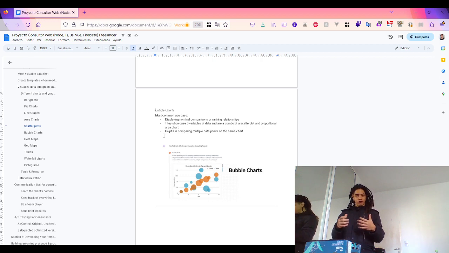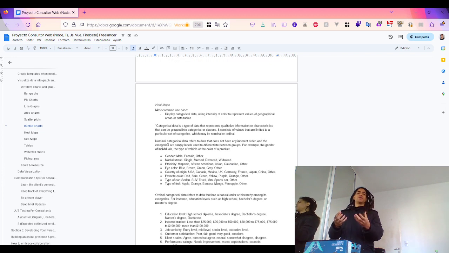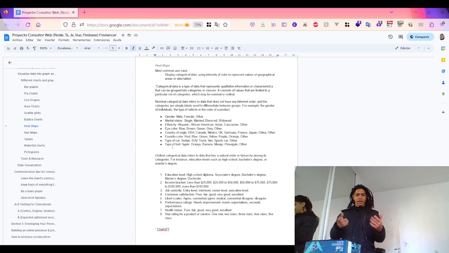Also, a heat map would allow you to display categorical data using intensity of colors that can be represented on a map or a table. When we talk about this categorical data, these are data that can be grouped into classes or groups, right? So you have two types of it, nominal and ordinal. The perspective here, when looking at the data, is the inner order that the data has. So if the data has an inner order, that's ordinal data, okay, ordinal categorical data, such as income brackets,